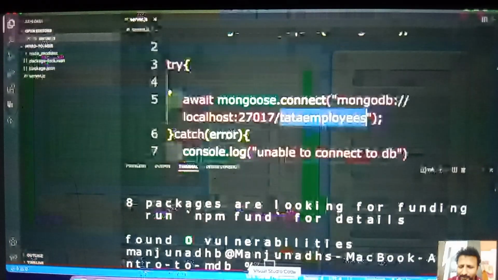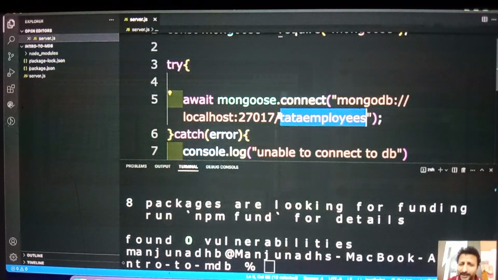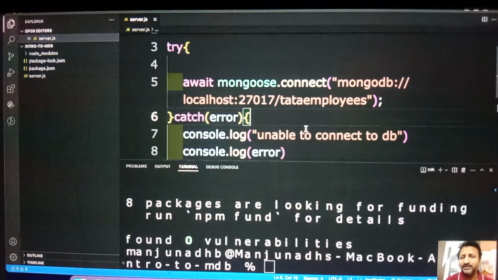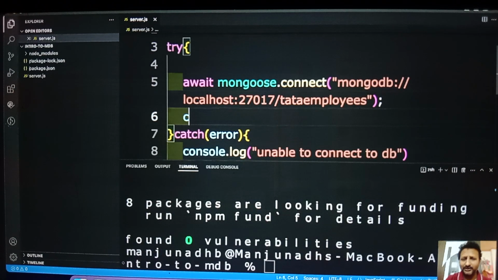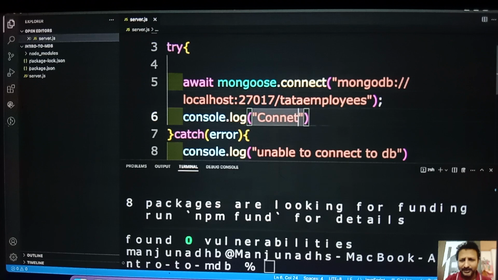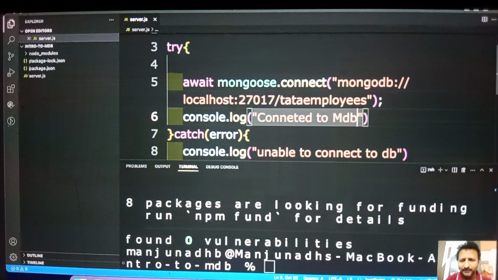Exactly the same thing here. If a database is there, it will be connected to the database. If the database is not there, it will create the database and connect to it. That's what it actually does. Now, for our understanding, I'll simply write a message saying connected to MongoDB,